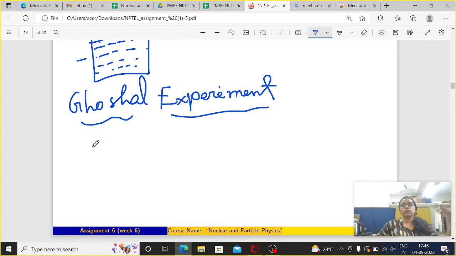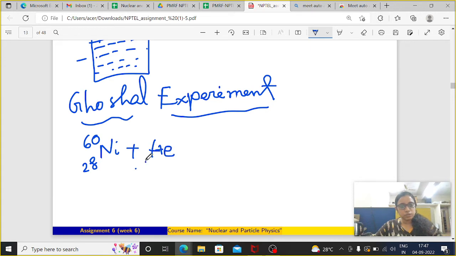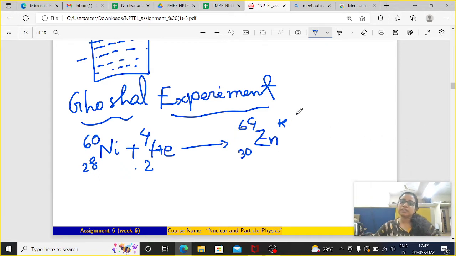So what the Ghoshal experiment basically is: S.N. Ghoshal and his team made one compound nucleus. I'm taking the same example that he took. So nickel 58 plus helium 4. Helium 4 is obviously the alpha particle I'm talking about. So it will come as Zn star 64, 30. See, Zn star is there, so that means it will be in an excited state, and it is basically a compound nucleus. And he has done this type of reaction, and another reaction he has done, which is